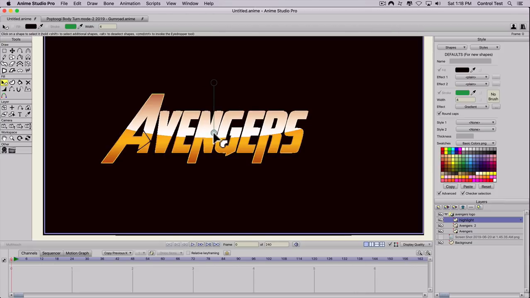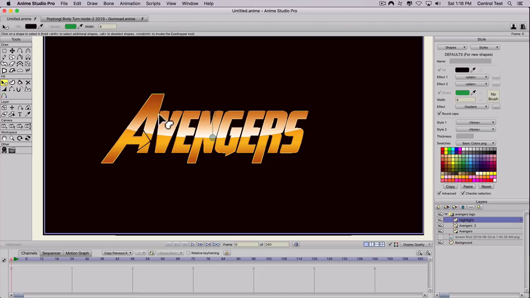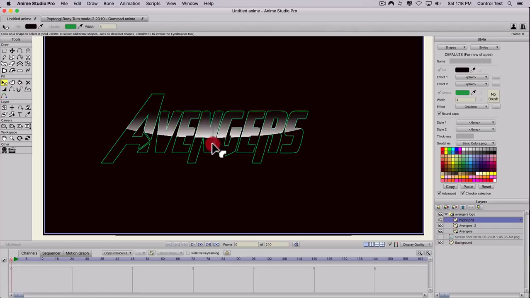see we have those handles, and I'm going to go ahead and pull this down so the end of the gradient is white where my cursor is, and at the top it's see-through. So if I pull this down, you can see it starts fading back into the color behind it. So this kind of makes this shine